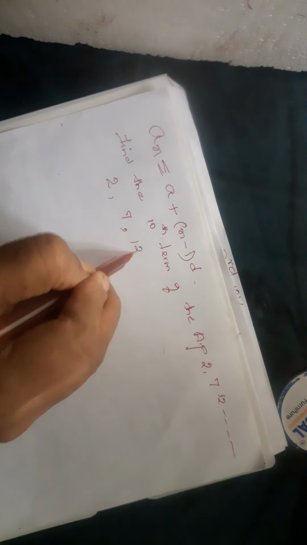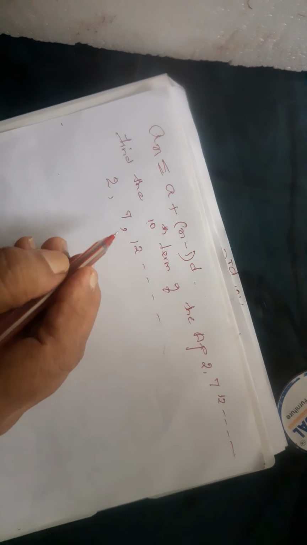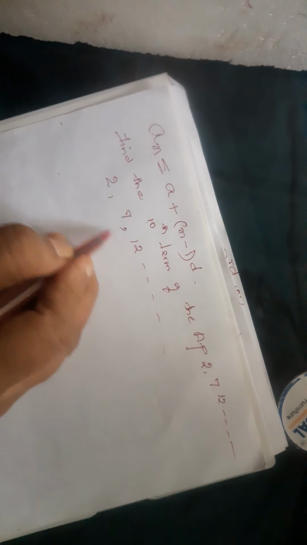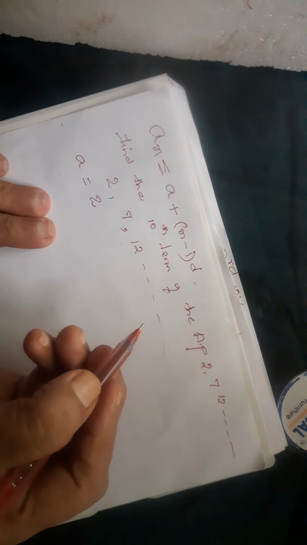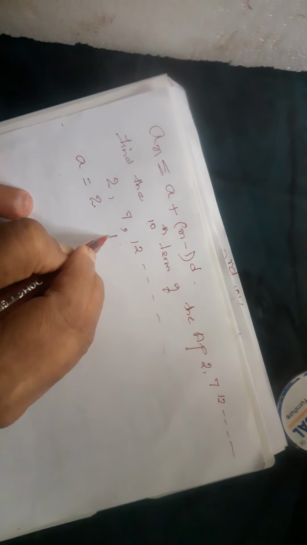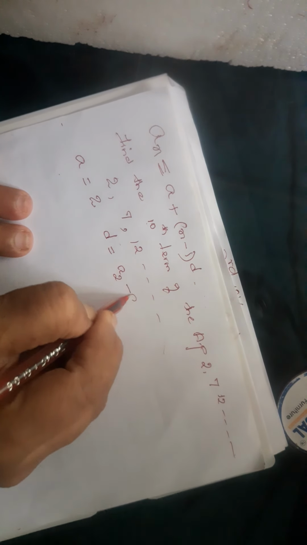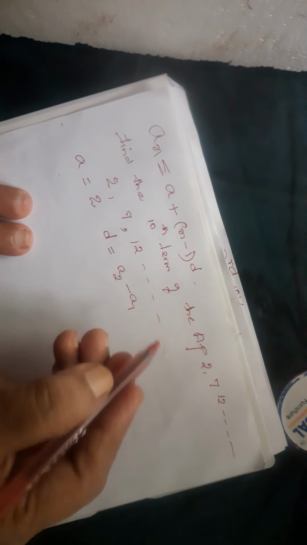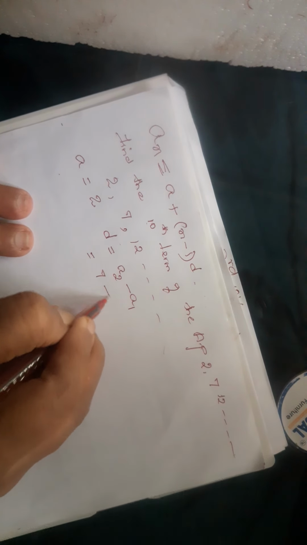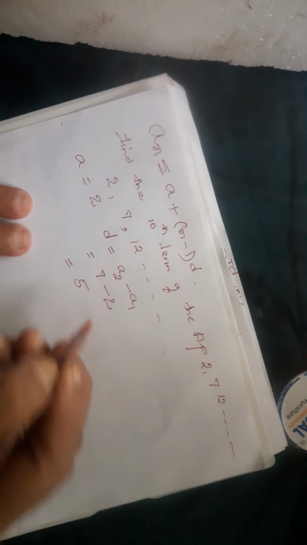So the sum is given like this. Now the AP you have got, write down the AP 2, 7, 12. In this, first of all, what you should do is write what you see there in the AP. The very first term you know, so a is 2. Then find d. d is a2 minus a1, second term minus the first term, so it is equal to 7 minus 2, which is equal to 5.